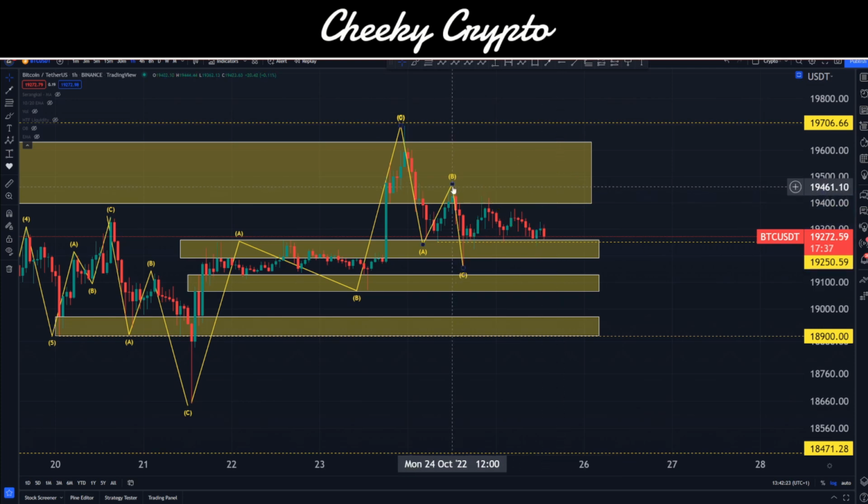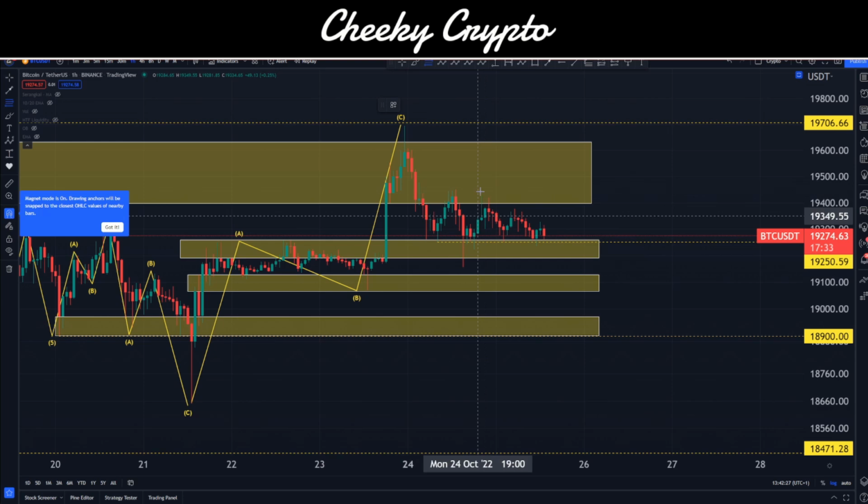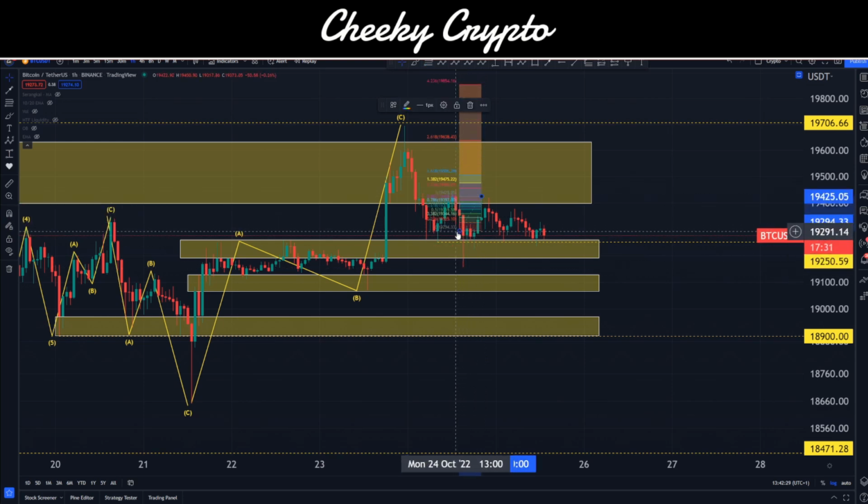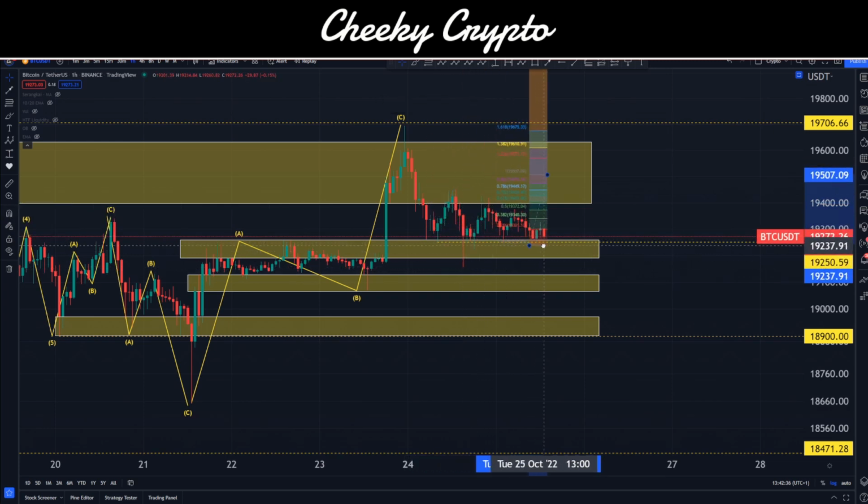So I'm going to go ahead and just tidy some of this up, and that's kind of my thoughts. And I'm going to run a fib, and I'm going to run this fib for starters on this high point to this low point. If I can do that without actually moving it, let's grab it. There we go. And then move that over to this wick that's just down here. And you can see that we have this potential theoretical $19,500 level.